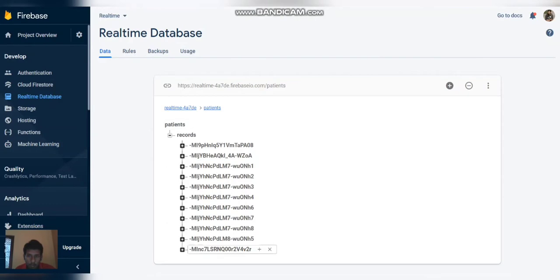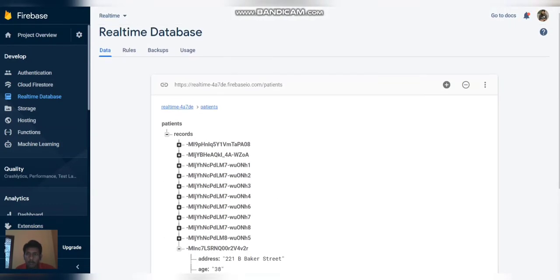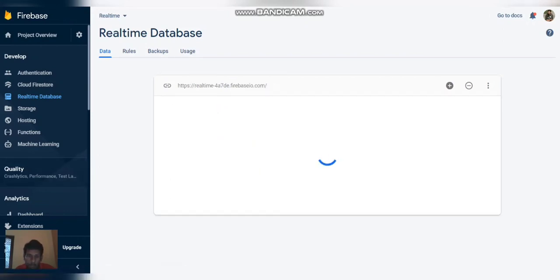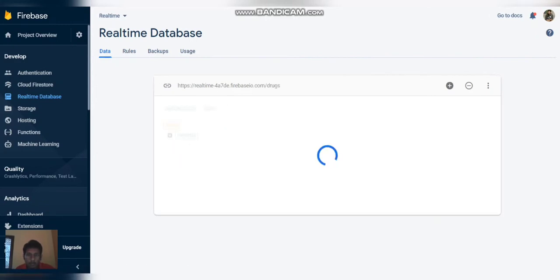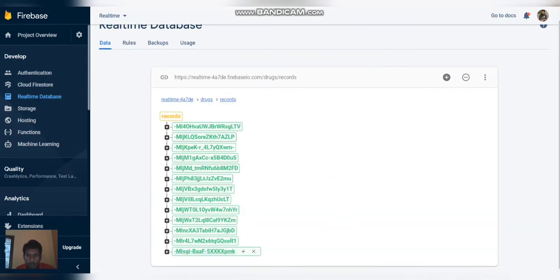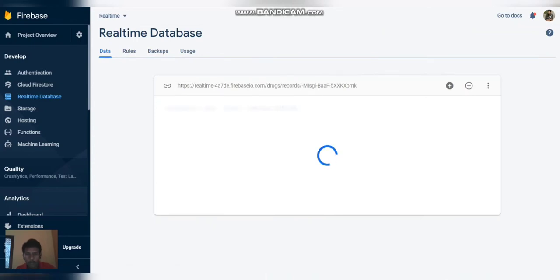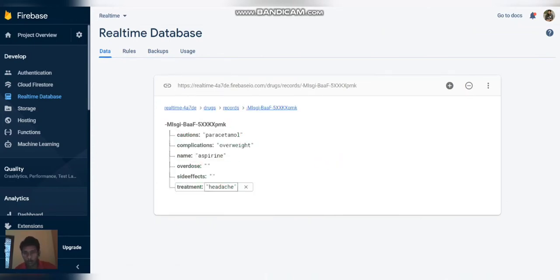Before coming to fire notification, let me tell you about the real-time database in which we store the data. This is the Firebase account. In the Firebase console we have the list of all data. Let me go into drugs. Inside drug records, we have the details of all the drugs that we added. This is the last drug we added. Remember the overweight, aspirin, paracetamol medicine that we added in the demo? That's displayed here.